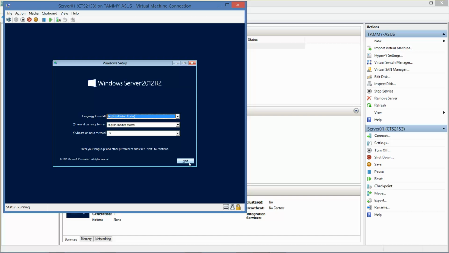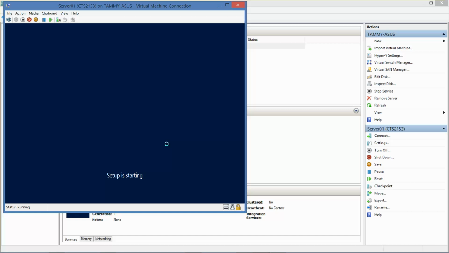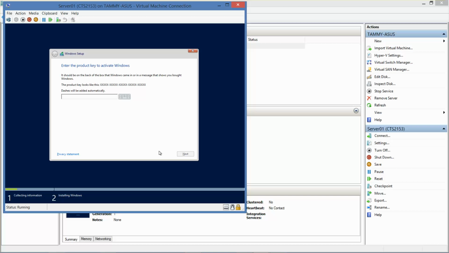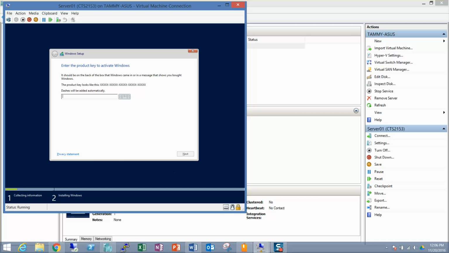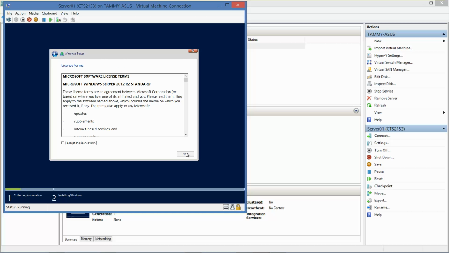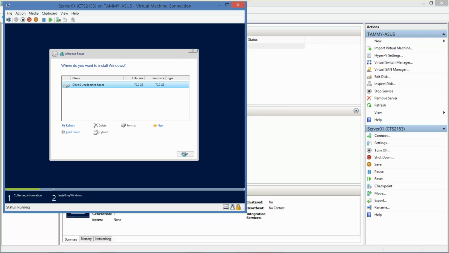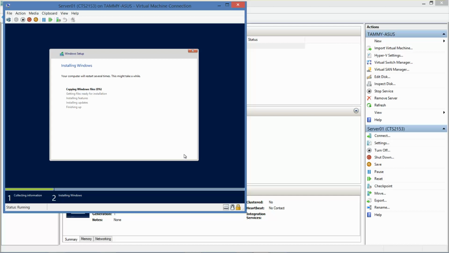And then next, install now. I'm going to put in my license key, and then I'll resume the video. Okay, again, we're going to go with the GUI, then next, accept the terms, next, install, next. Now, while this is working on Server 1,